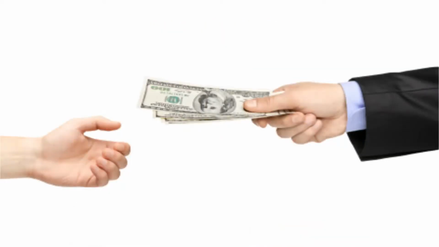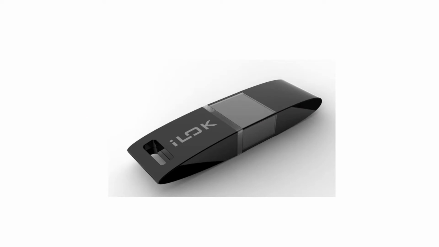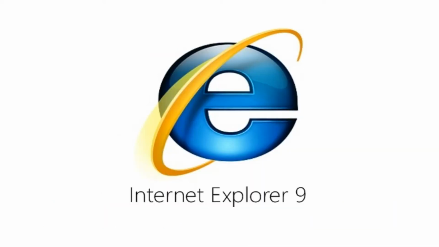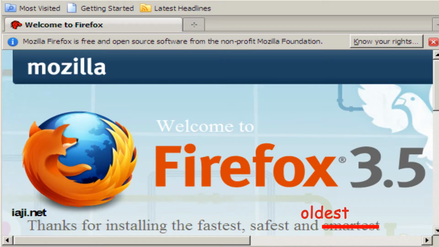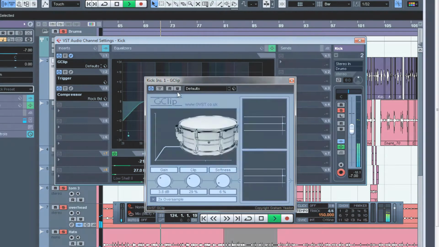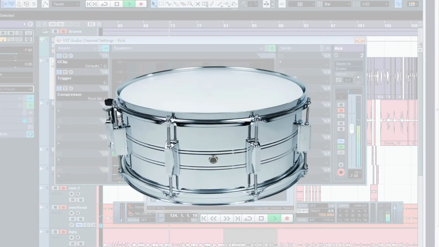When you purchase it though, you get the opportunity to buy this demonic instrument of mental torture you see before you, which is slightly unpleasant to set up if you don't have Internet Explorer 9 or the really up-to-date Mozilla Firefox 3.5! Slate Trigger X is a drum replacement program